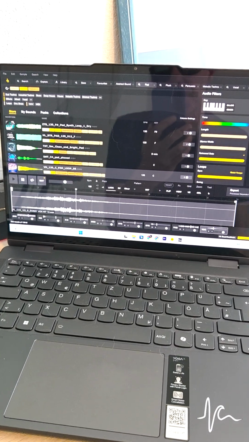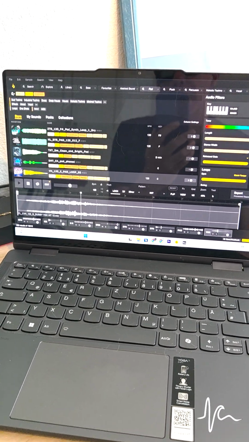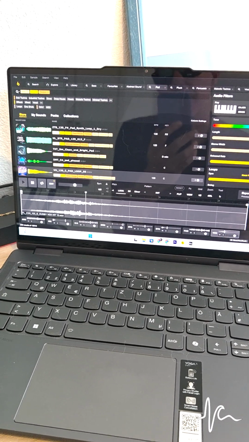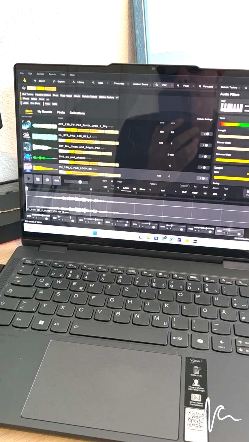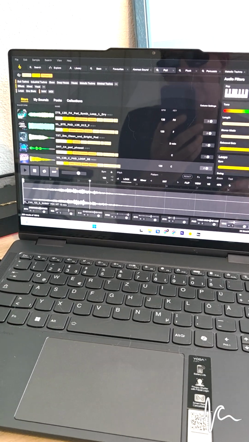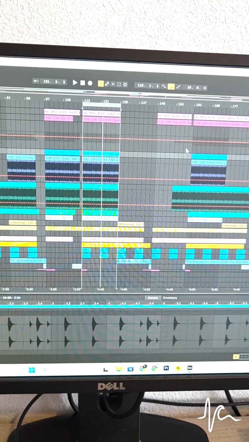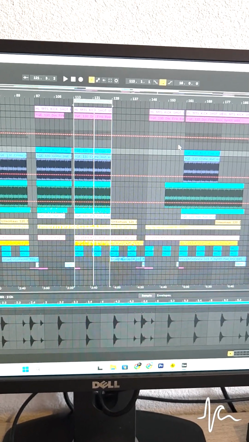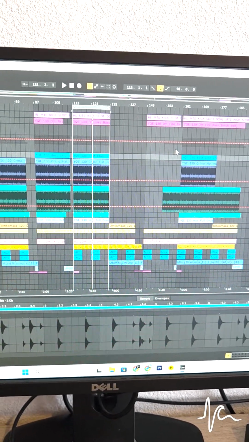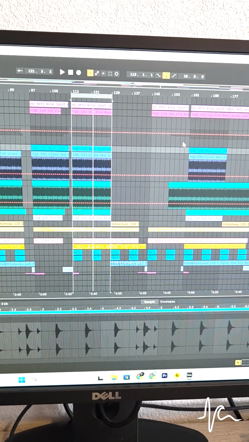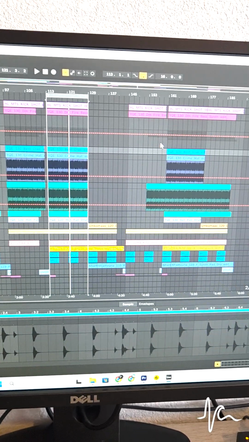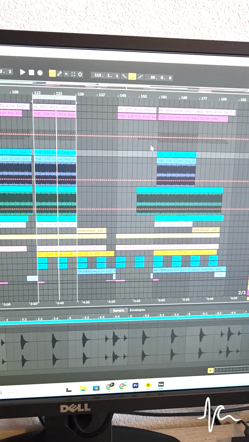Okay, so my first step is generating a musical idea, and I do this by getting some audio or MIDI samples from either Loop Cloud or Splice, or sometimes I also create my own ones using my synths. Once I find the audio and MIDI samples I really like, I drag and drop them into Ableton 12, my DAW, and I create a 16 bar loop, and this is where I will always focus first on my